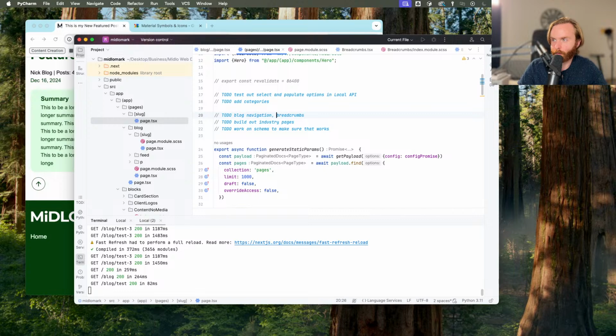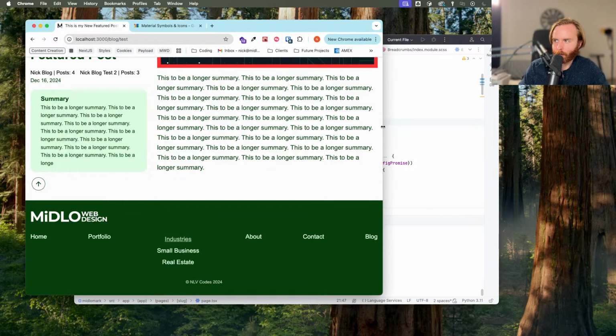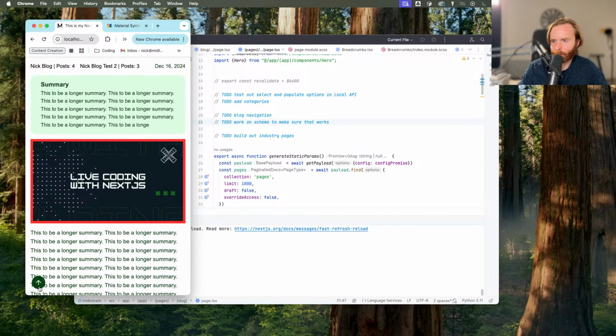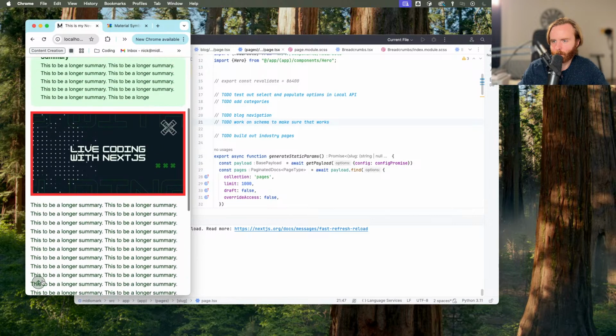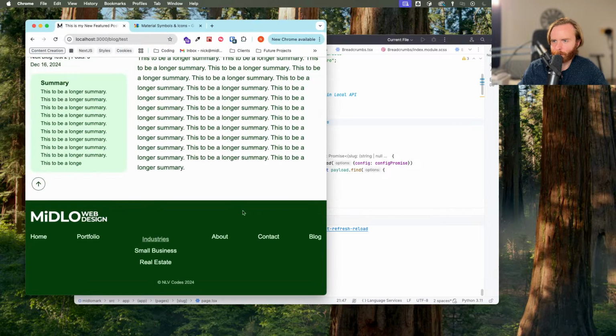But I do have here to add blog navigation and breadcrumbs, which we've done breadcrumbs, so we just need blog navigation. And then when we do, let's see, we can work on schema with our blog navigation. So that'll really round out our blogs in general. So we would be able to have a way to, I think that's okay with it overlapping text like that. I wonder why. Well, at smaller screen sizes that doesn't matter too much, but here